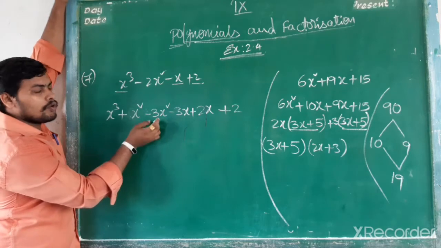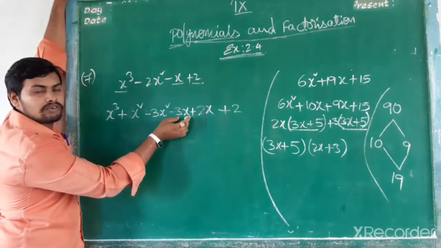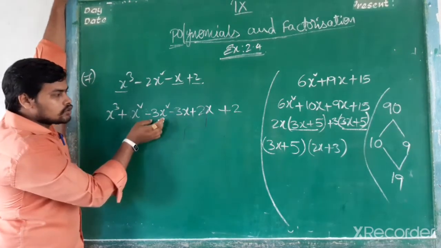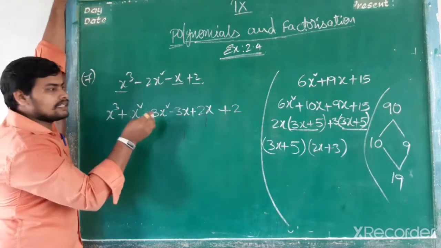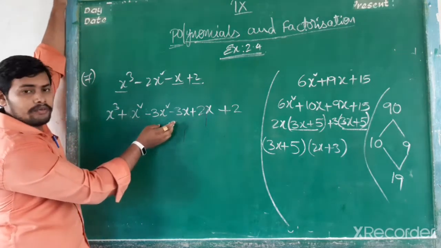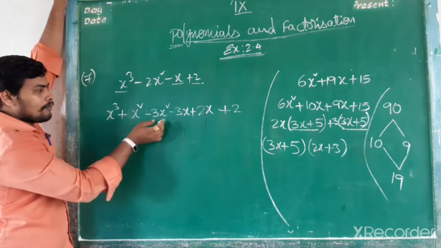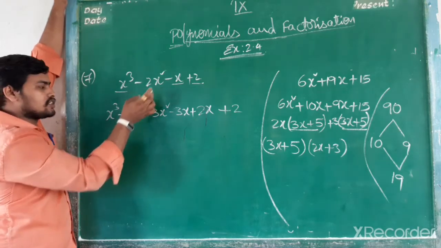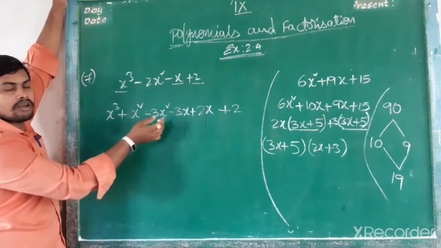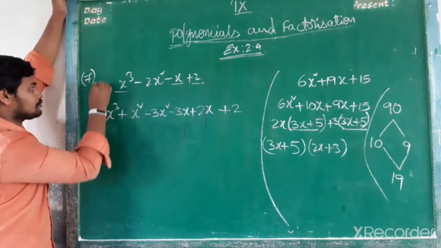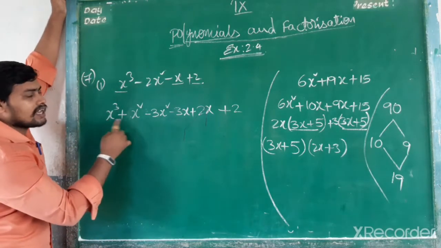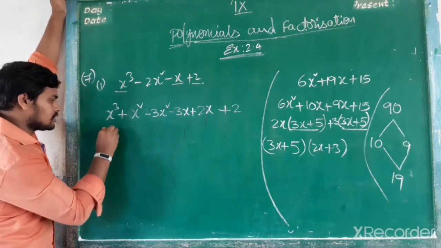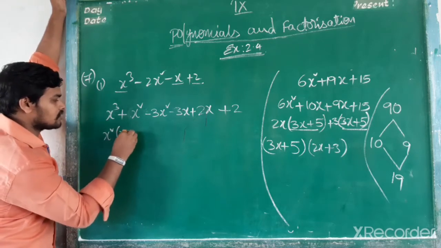Okay. Next you have to take another common factor here. That's why I have to take 3x. So you have to write, compulsorily, 3x square minus 3x square. Okay. But the result is minus 2x square. So plus 3x square plus x square minus 3x square. So what is the common factor here? X square. Now x plus 1.